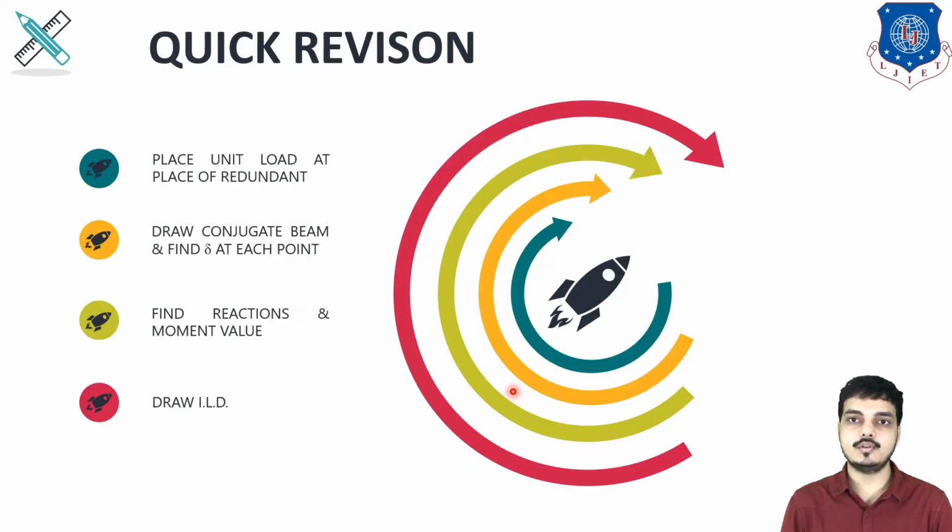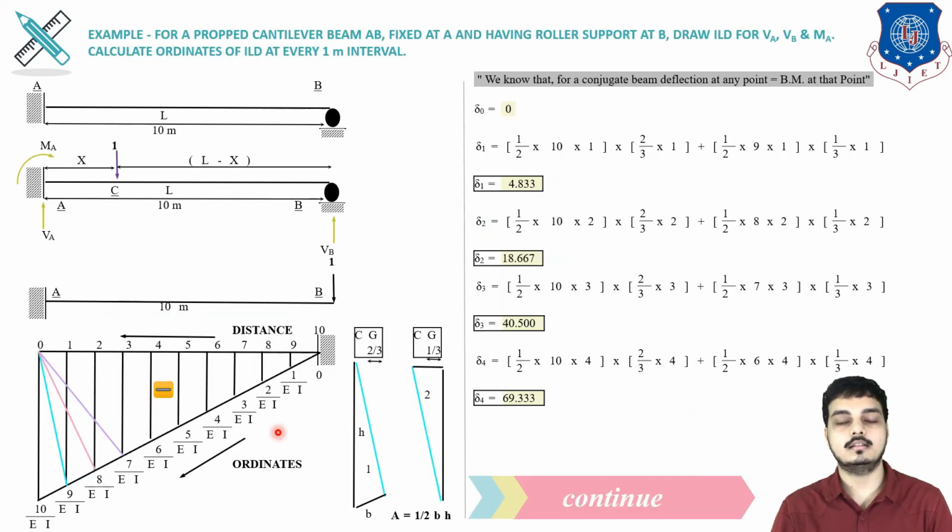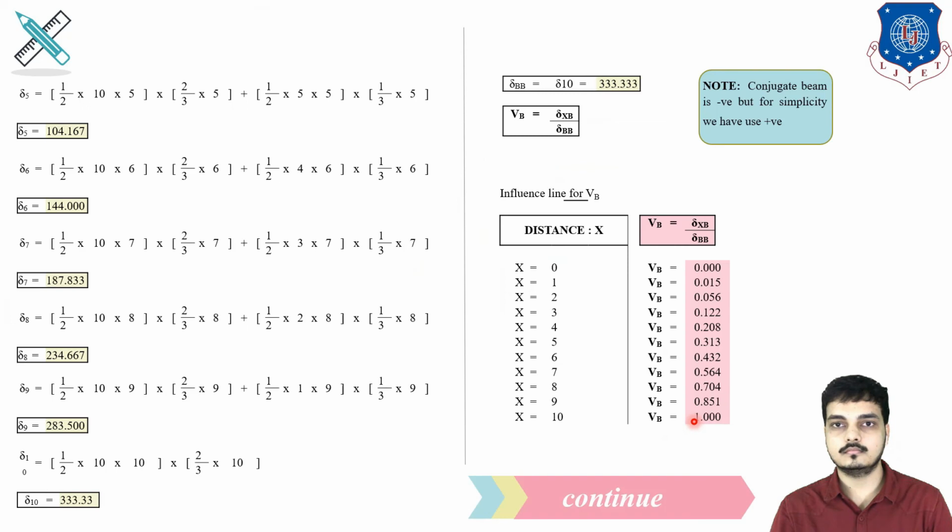Now let's have a quick revision of what we did. We placed a unit load at the place of the redundant, then drew a conjugate beam diagram and found delta at each point. Then we found the reactions and moment value, meaning VA, VB, MA, and drew their diagrams. So like this way you have to perform in